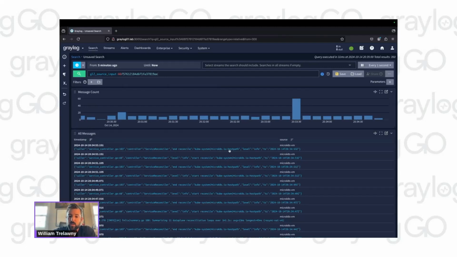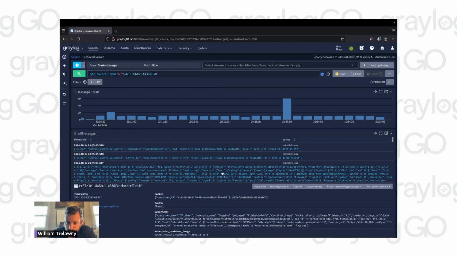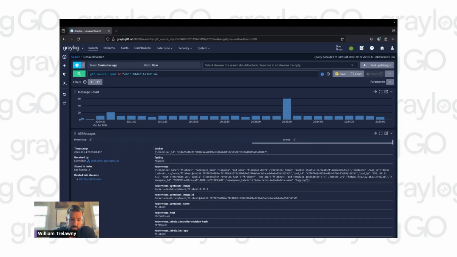A lot of these logs are coming from the helper containers that MicroK8s uses. Host path one. So here's one from, oh yeah, this is actually a log from the FileBeat pod. The message here is non-zero metrics in the last 30 seconds. So it's just an informational level log, but you can see it's collecting it. And